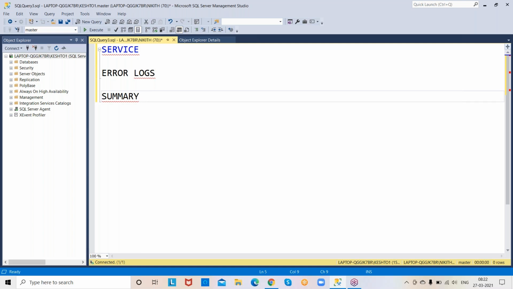Along with error messages, there are succeed messages, failure messages, and warning messages. Different types of messages will be there, and everything is stored in the error log.